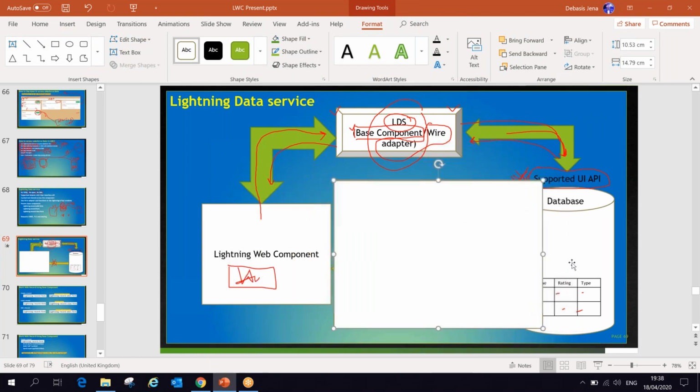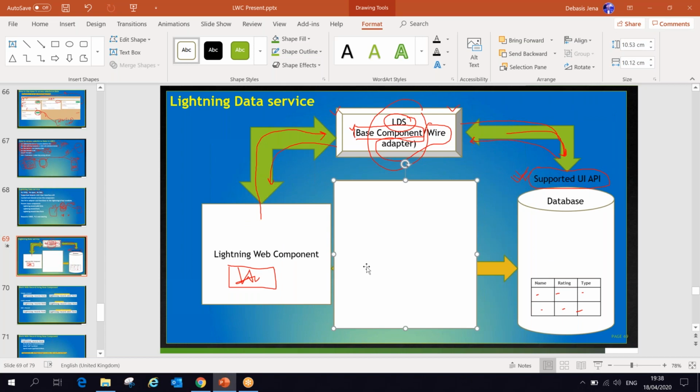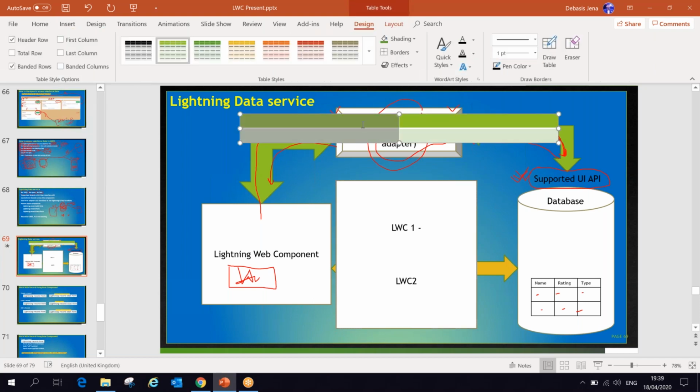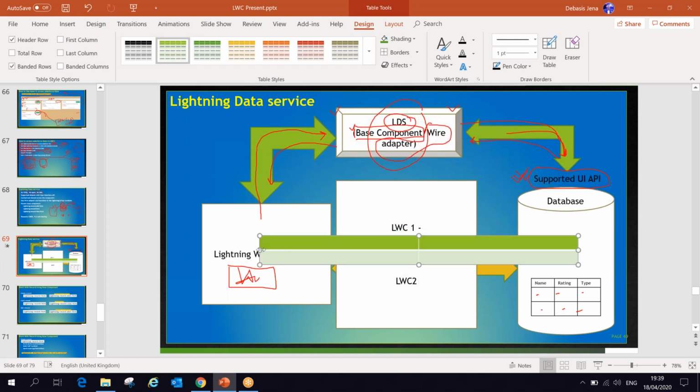In this page, I'm going to have two different Lightning Web components. Let's say I have Lightning Web Component 1 and Lightning Web Component 2. In Lightning Web Component 1, I am going to show some data for the account record.